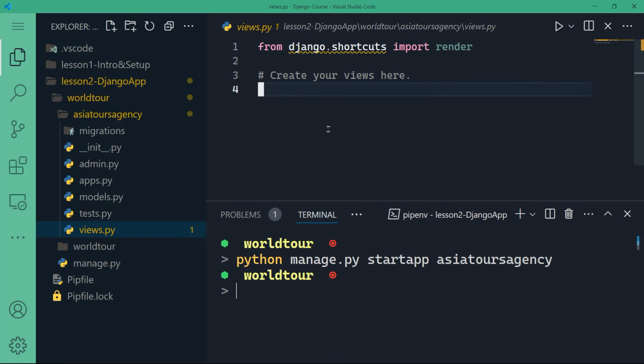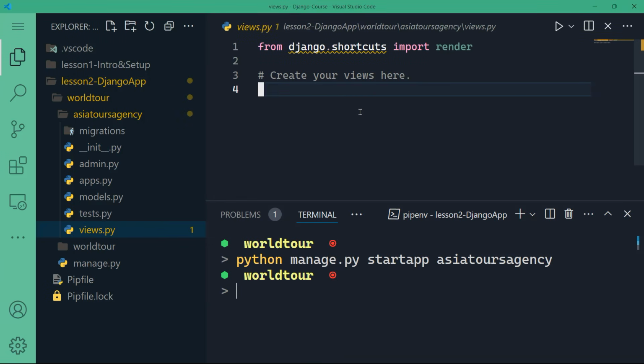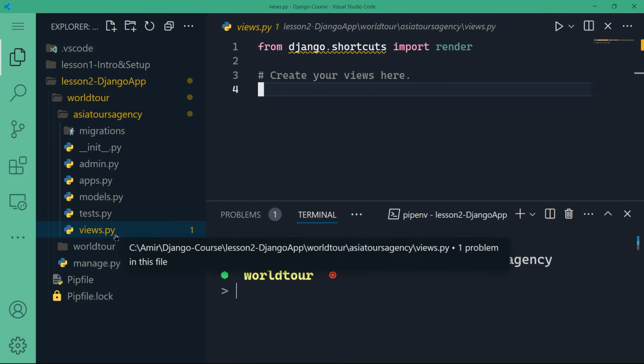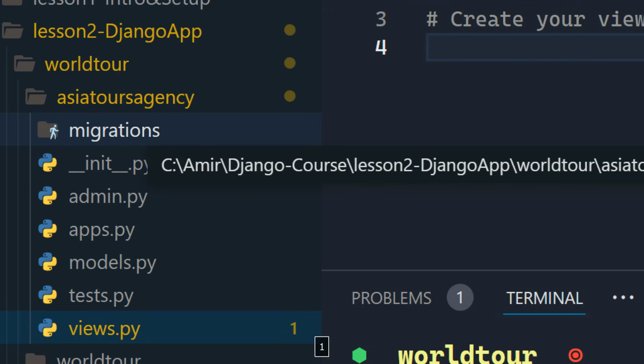And that's why, if you remember in our first lesson, the diagram showed view model template and not MVT. But that really doesn't matter. The most important thing here is that you understand the relation between views, models, and templates when we're going to create templates folder. That's all for the files, but be careful that we have a folder that we haven't discovered